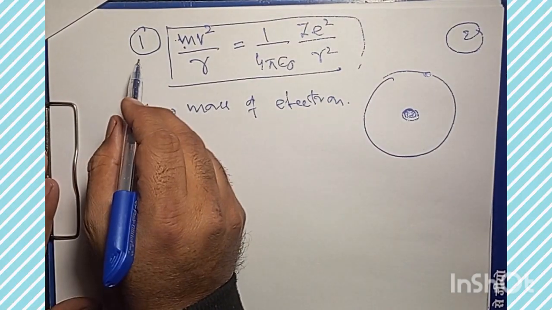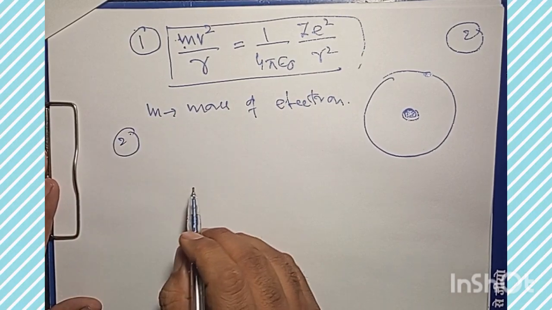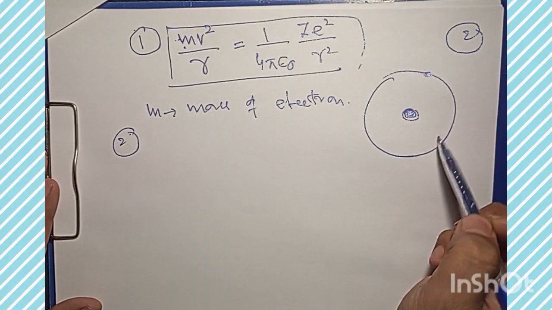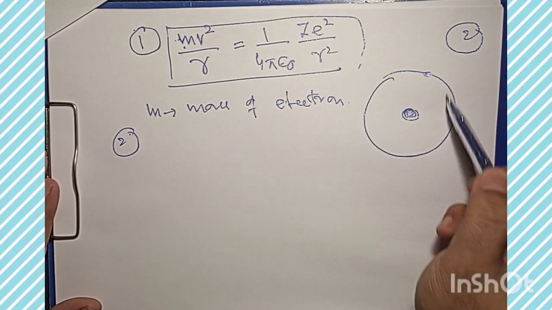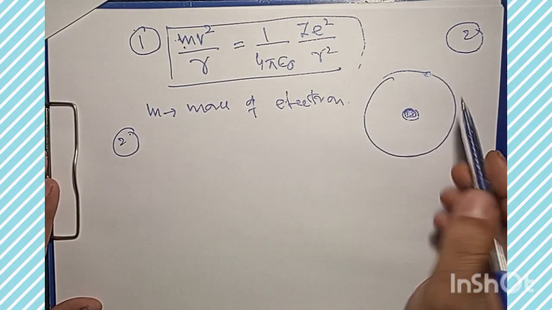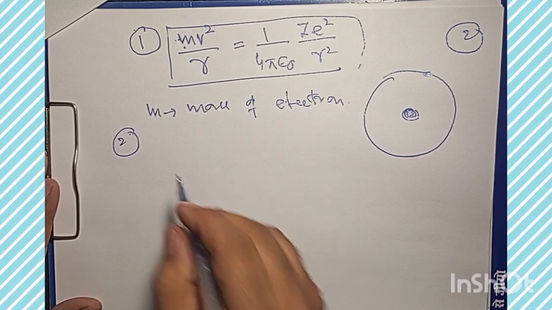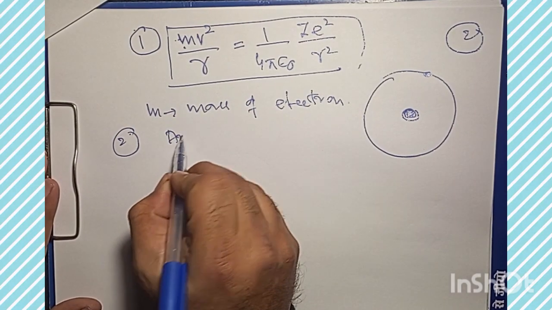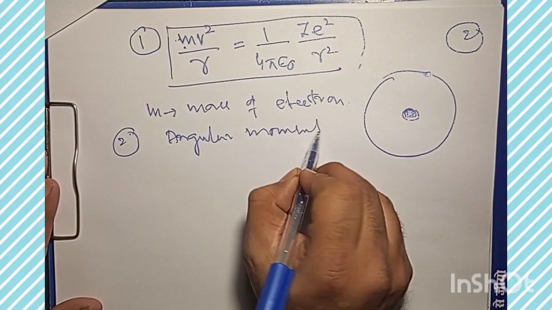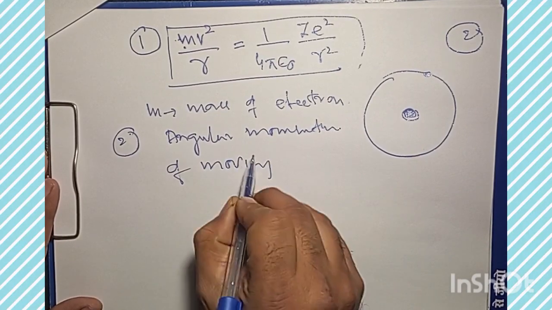This was the first condition that was introduced for explaining the stability of an atom, where we have the usual meanings, that m is the mass of the electron. Now, this was the first condition. Let's go with the second condition. What's that? The stationary orbits are special orbits in the atom, and they are those in which the angular momentum of the moving electron